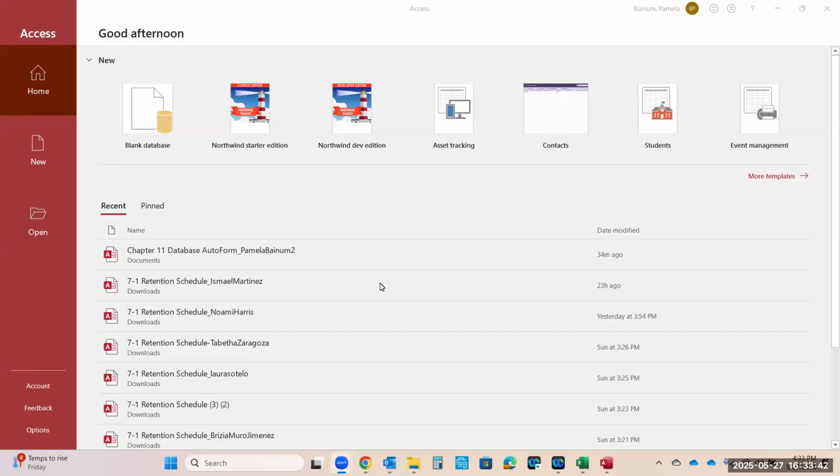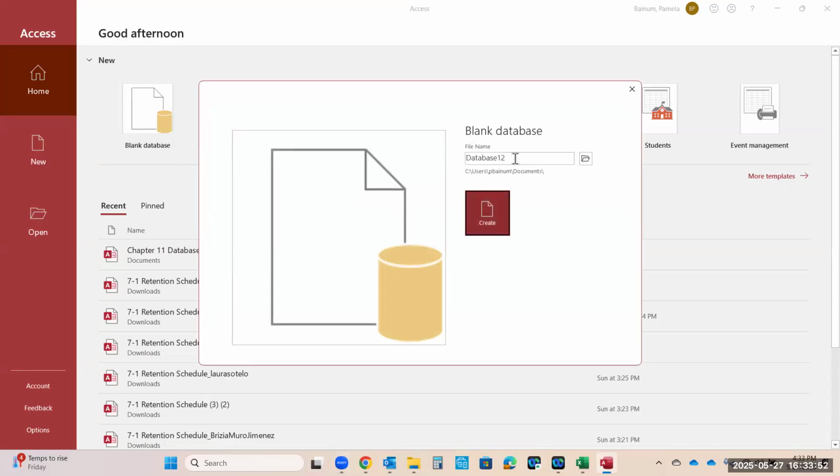I wanted to give you some information on the Chapter 11 Supplementary Activity 2. So what you're going to do is open up Microsoft Access, and then click on Blank Database. After that, you'll give it a name, and the name that you want to give it is Chapter 11 Database